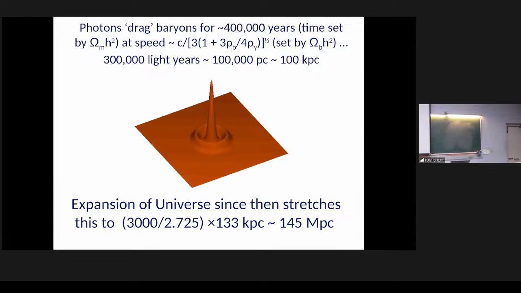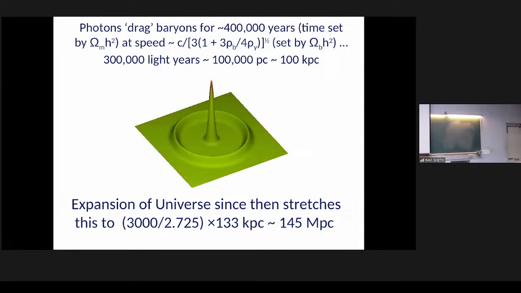Now the photons will start going out, but there are more photons here than here. Photons are going to move out, they'll hit the electrons as they try to go out, and they push the electrons. By definition, dark matter doesn't interact with them, so dark matter remains, the spike remains there. But the baryons get pushed out. And they'll get pushed for approximately 300,000 years, which is about the time when the universe becomes cool enough, hydrogen becomes neutral, and the CNB photons move in a straight line. So it's really about 380,000 years, so about 400,000 years.